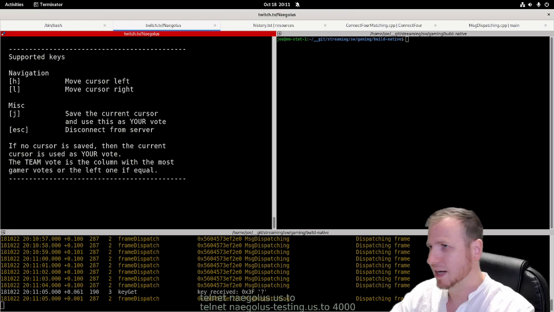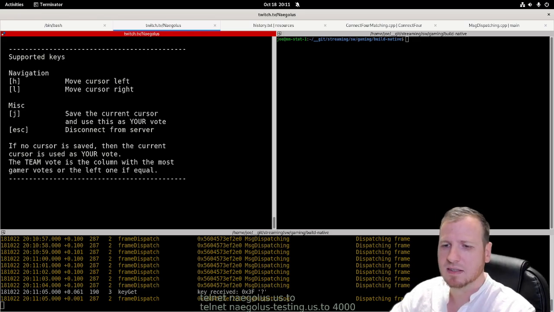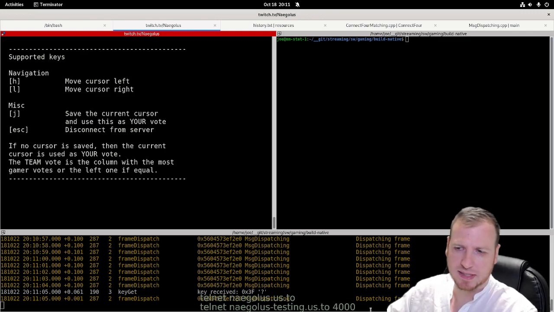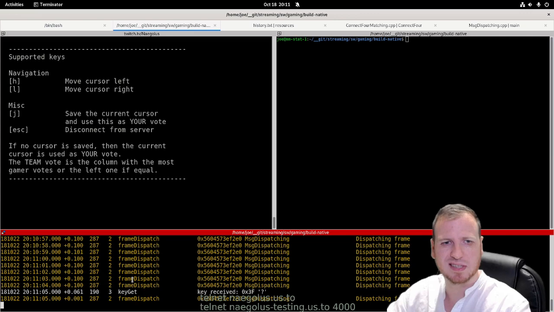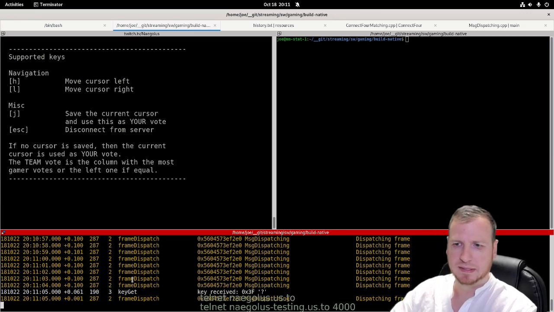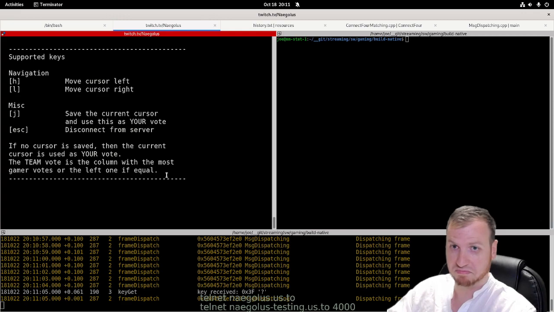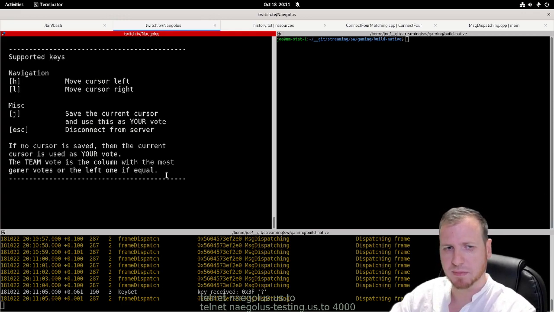It's a minor fix because it's not likely that there is only one person at the help frame, but it was wrong. So here we can see the message dispatching process does not need to process any frames anymore, because there is nothing to change, nothing has changed for anybody. But if I press question mark again,